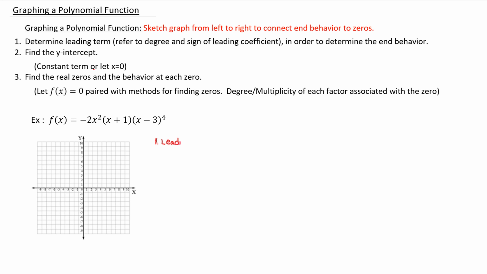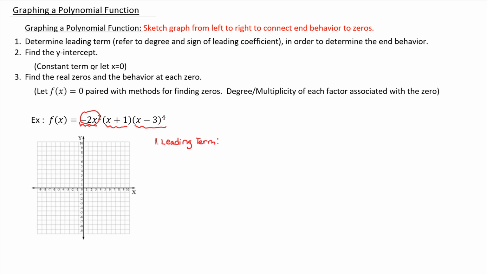Now, if we were in expanded form, the leading term would be obvious. It would just be stated and just a given. But because you're in factored form, it may not be as obvious. So what you want to do if you're in factored form is look at each of the individual factors, including their power. Okay? And then you want to take the leading term